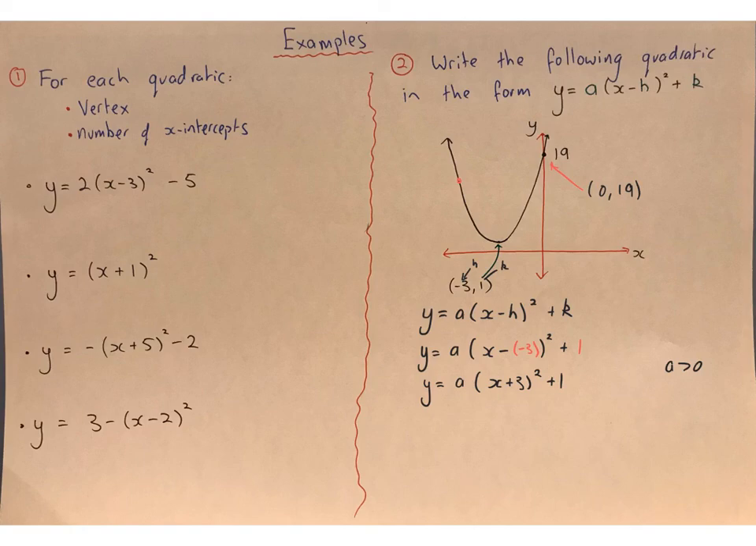However, to find a, when we sub in x is 0, y must be 19. Let's do that now. So I've subbed in y is 19 and x equals 0. So I'll see here 3 squared is 9. So I'll have 9a plus 1 equals 19. Solving for a gives me a equals 2. This means the equation in vertex form of this quadratic is